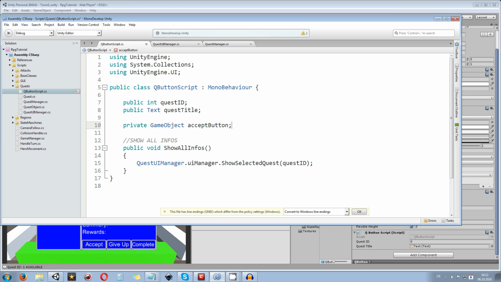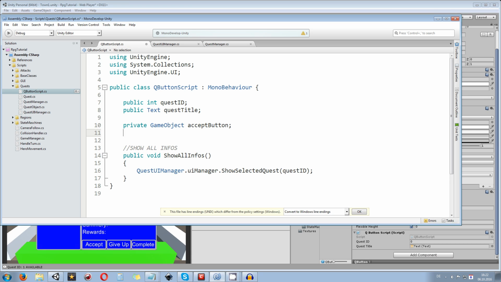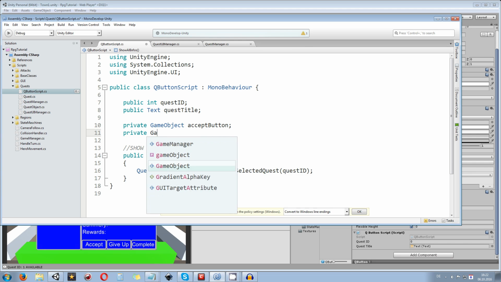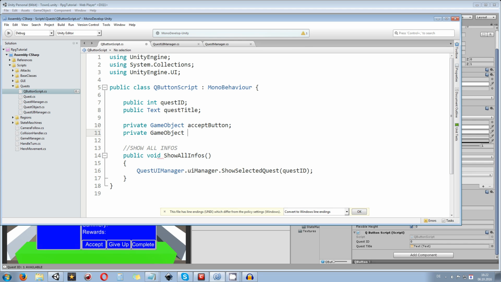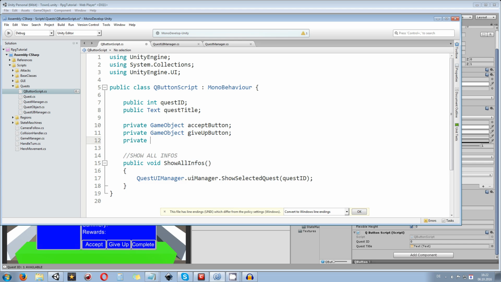Okay, so it's going to be a private game object accept button. We also need another private game object, which is going to be our give up button. And the last one is going to be our complete button. So private game object complete button. Again, I'm not sure if this is working when we are using private ones and drag them in,